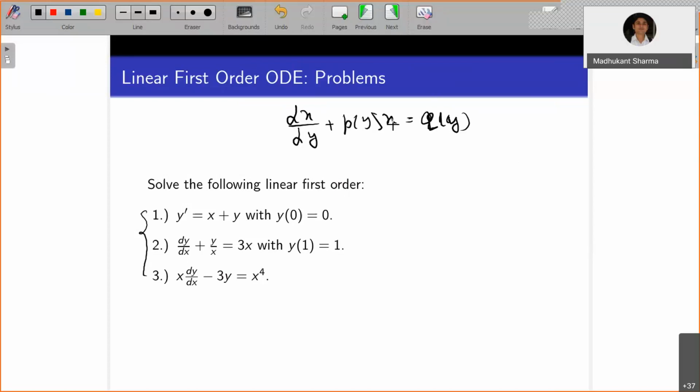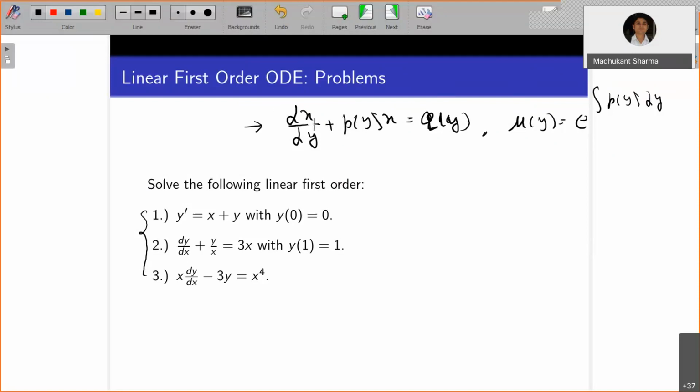It may sometimes be possible that the equation is not linear in y, but it is linear in x, and you can find this form for some cases. Then you can solve it by finding the integrating factor, which is going to be mu of y, equal to e to the power integration of p of y dy. Here you are assuming x as a function of y, meaning x is dependent and y is the independent variable, and you can write the final solution. I am skipping this result, this theory. Linear in x, what to do? You are going to write a similar result.